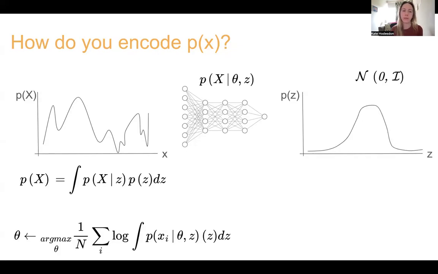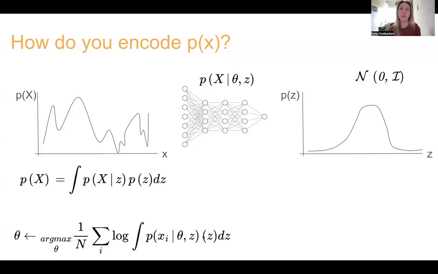And conceptually, it's not too complicated. You could say, well, I just keep sampling Zs. Sorry, this should say P here. There's a missing P of Z in this.